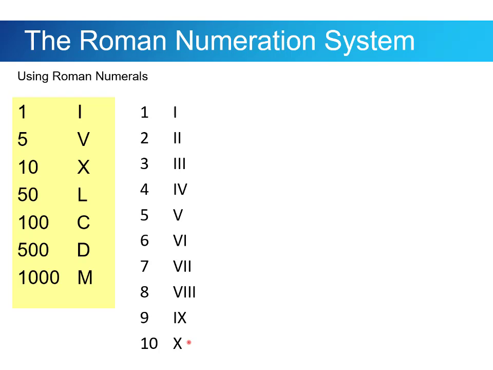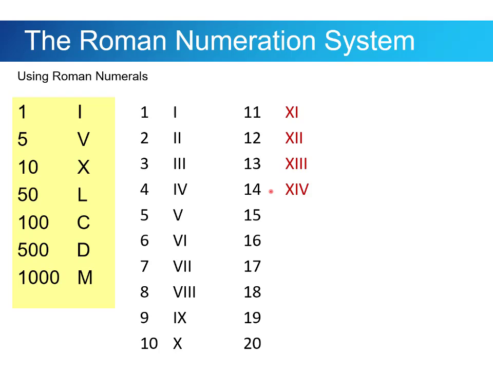Now, how will this system work for the next 10 numbers? Let's take a look at that. So 11, there's my XI, XII, XIII. Now, what do you think it's going to be for 14? Well, the X is going to be there, but now the 4, so XIV. And now 15, XV. 16, I continue in my additive way, kind of adding numbers on there, XVI,